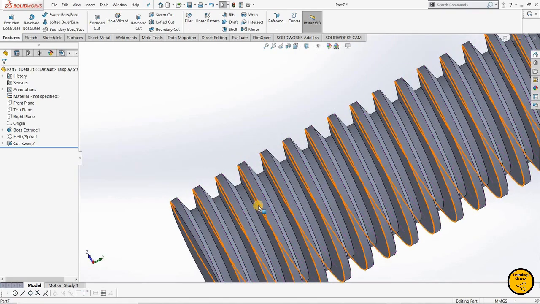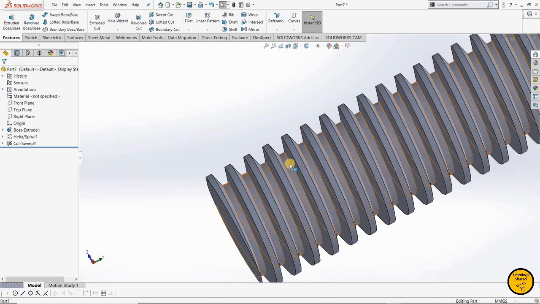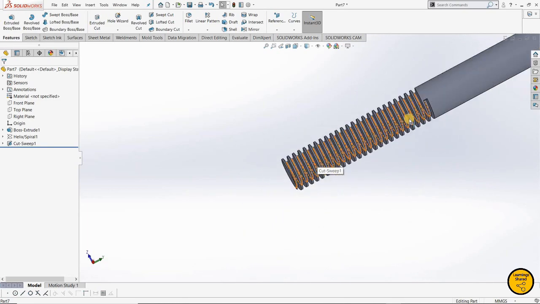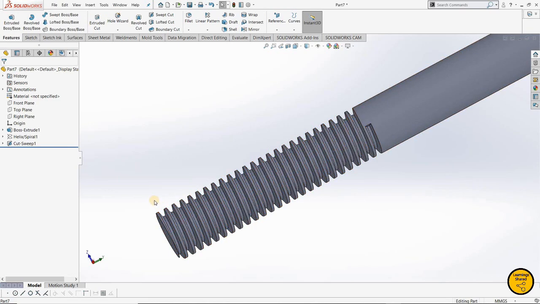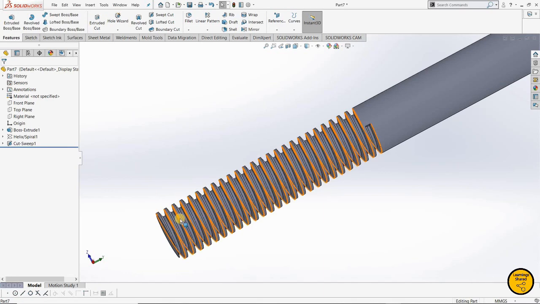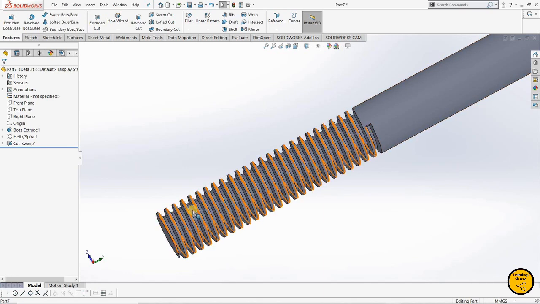This is the closer view of the thread. This is the M6 thread, though the profile which I have used to create this thread is not very accurate, but for demonstration purpose I have used it.